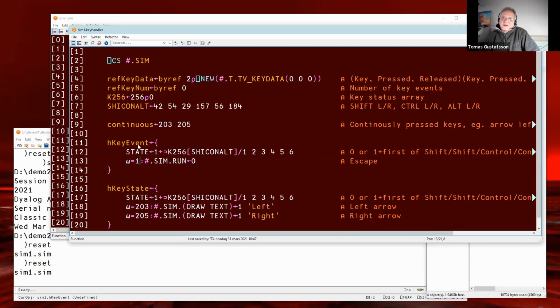And once the user presses escape, what happens is that it writes a 0 into something called hash.sim.run. That's just a variable that is either 1 or 0. As long as it is 1, the loop is going to go on. So it's a while run loop, and as run turns into 0, it's going to abort the loop and exit the simulation.